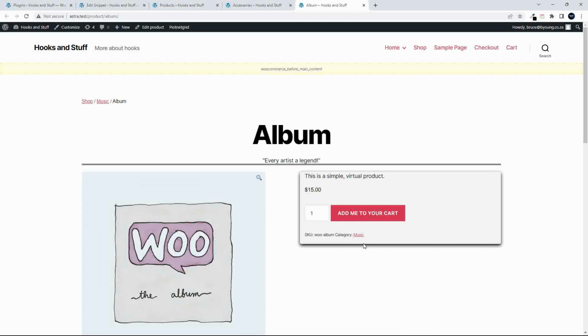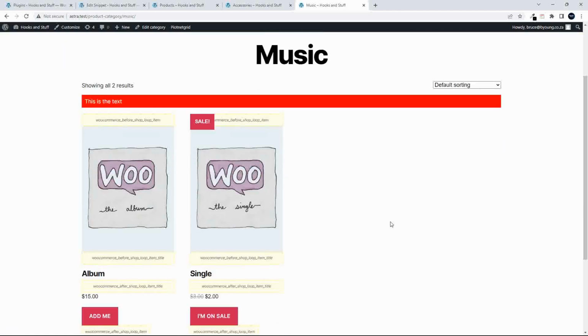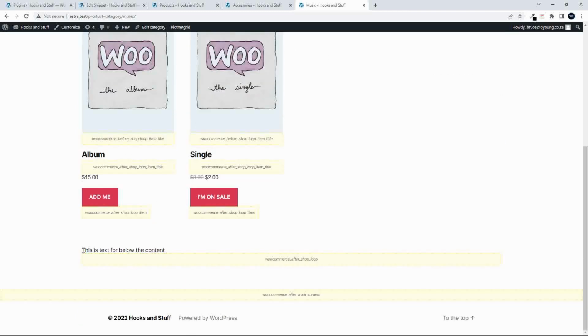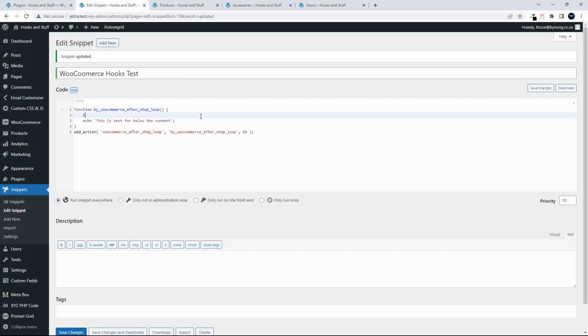And then what I'm going to do is go to the music page. And you'll see here that I'm in the music page, and I'm going to add some text unique for music. So this text here is inserted via the plugin, but this message here, I'm going to say it mustn't appear on music, but everywhere else. So then I'm just going to go into my snippet here,